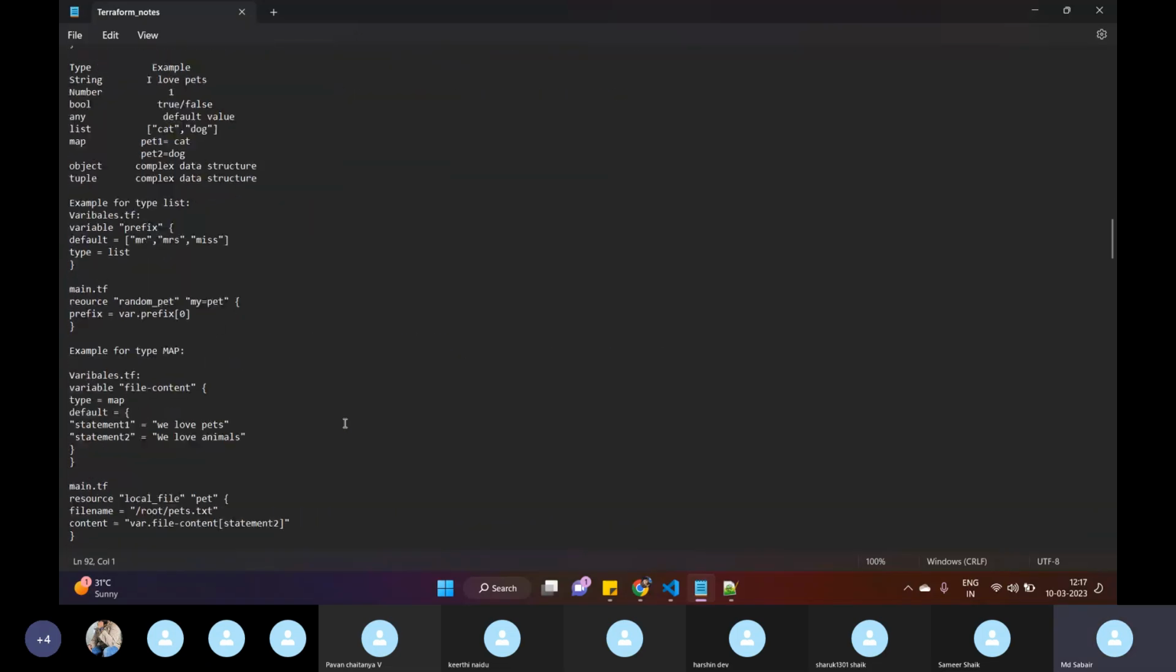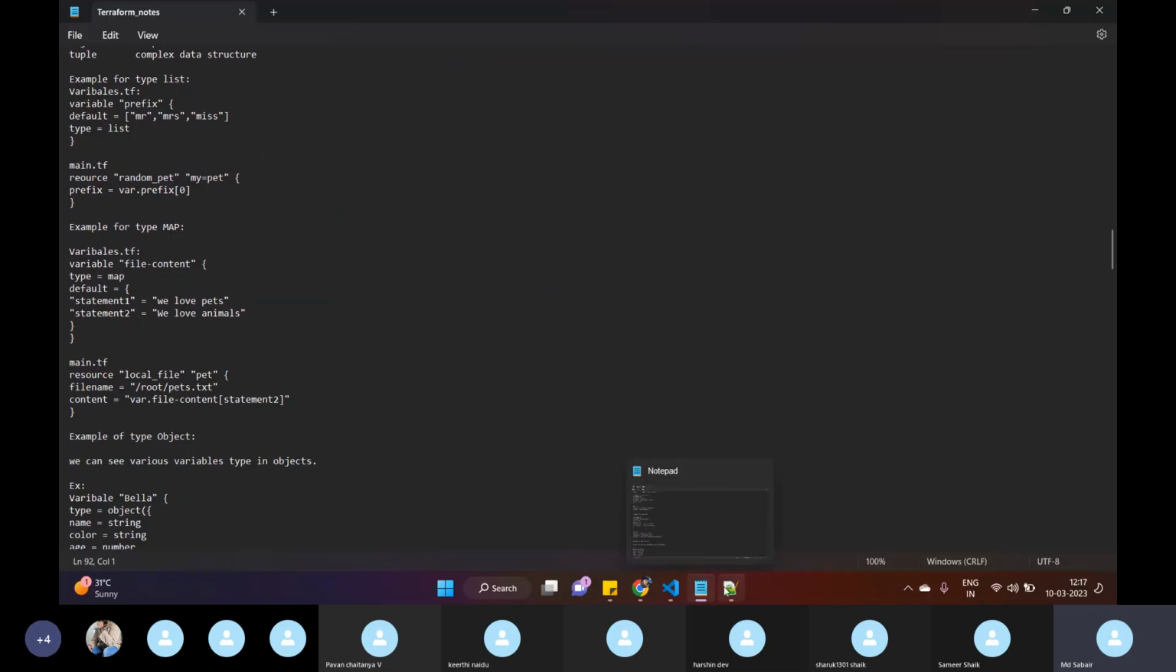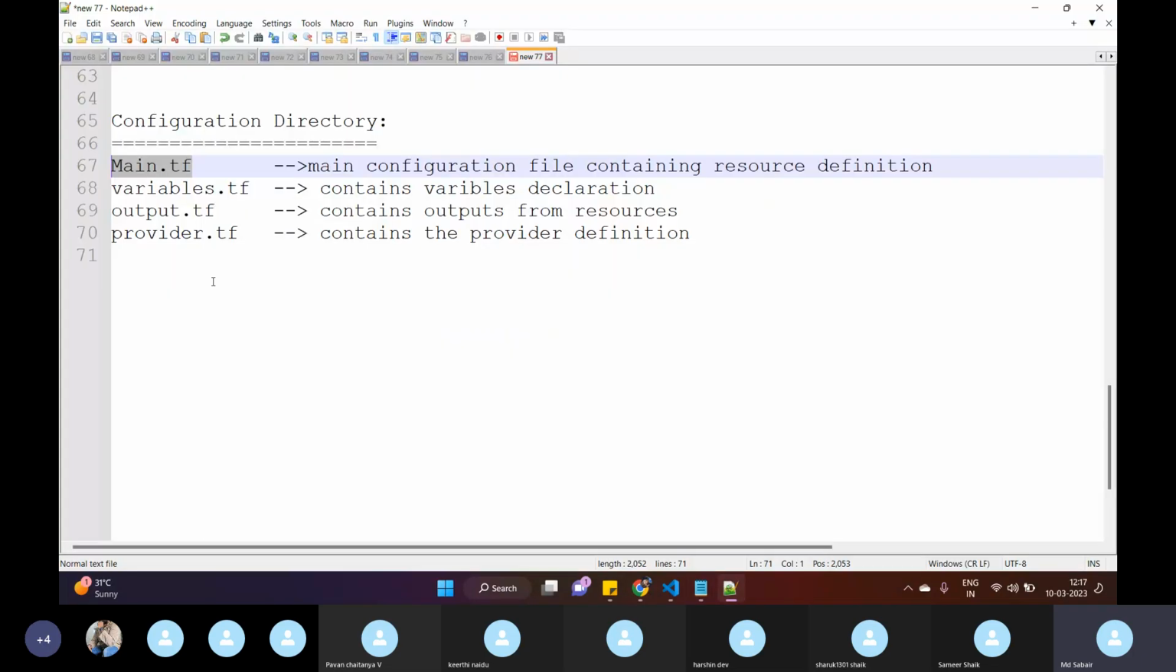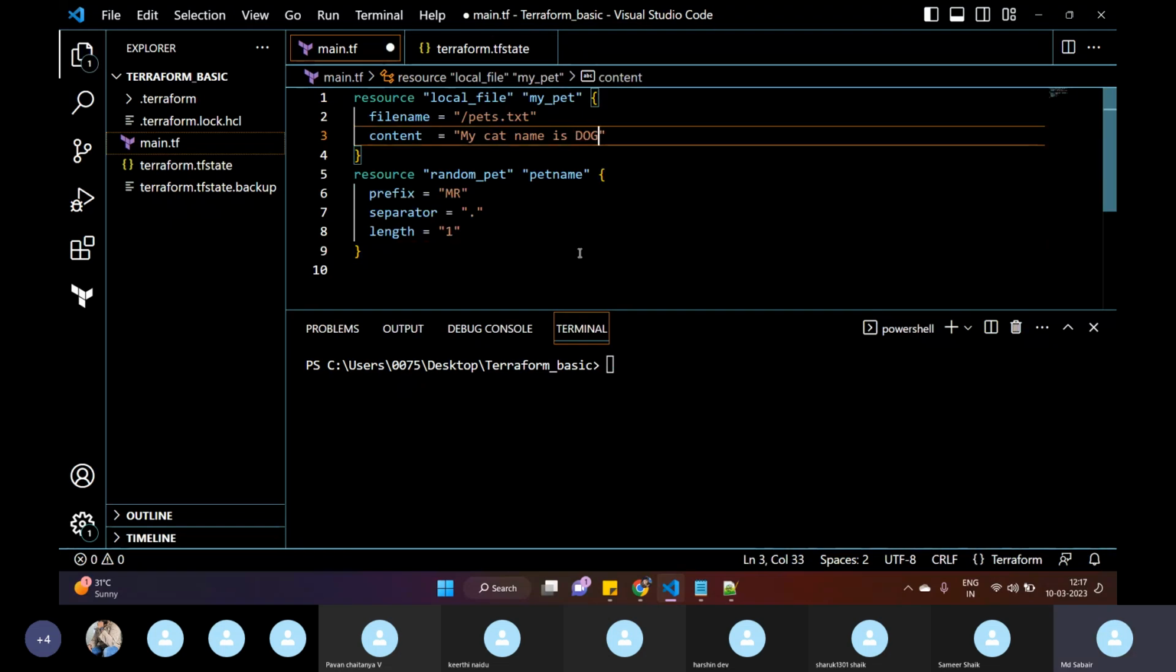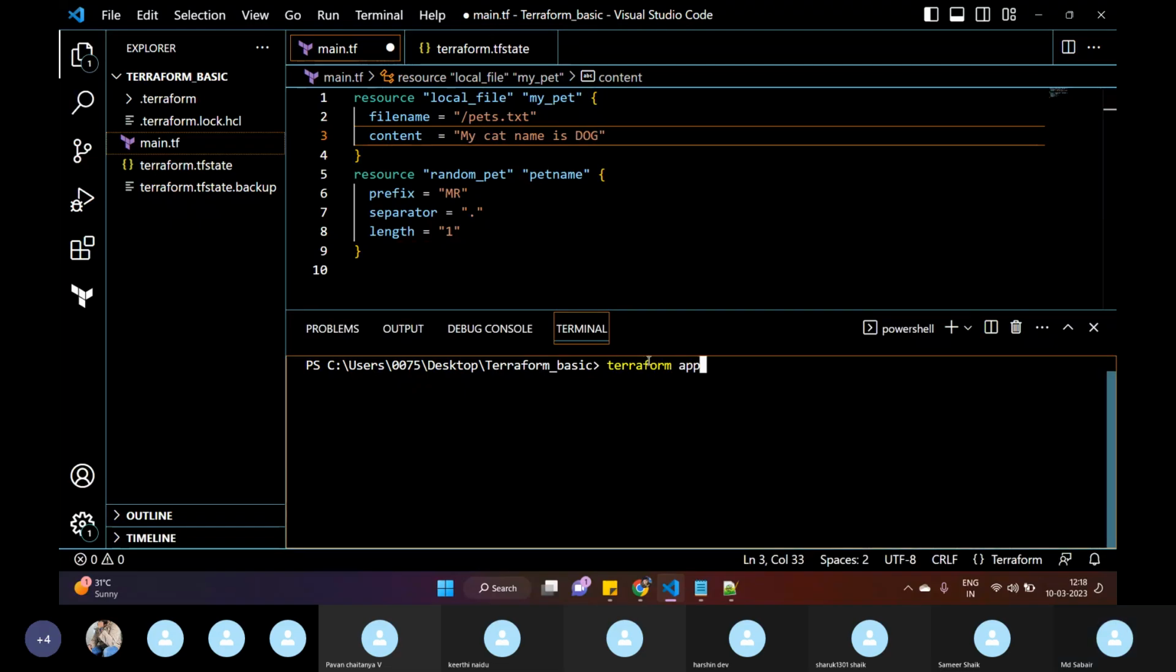Let me show you this as well. Terraform works on mutable and immutable infrastructure. For example, let me make some change. Here I'm trying to create my cat name is dog. If I'm trying to execute terraform apply,